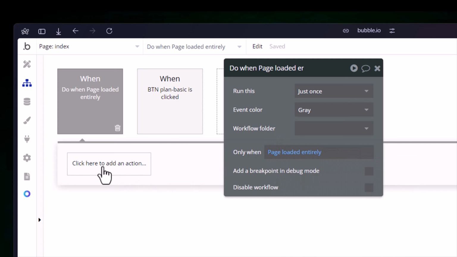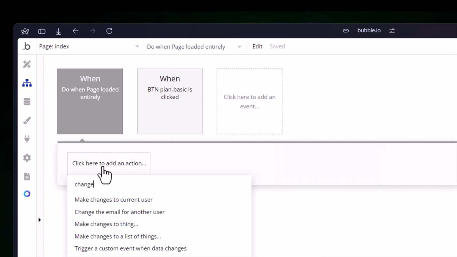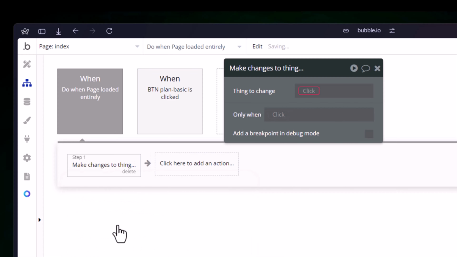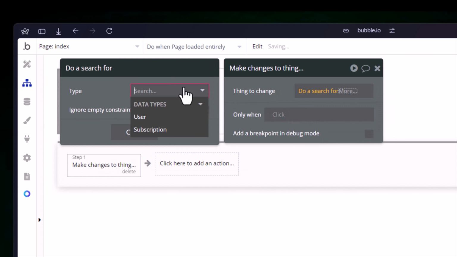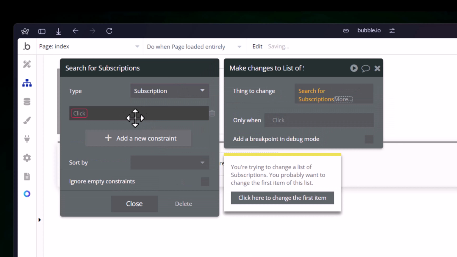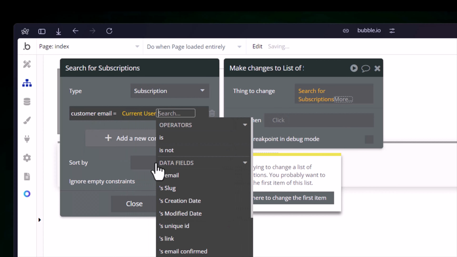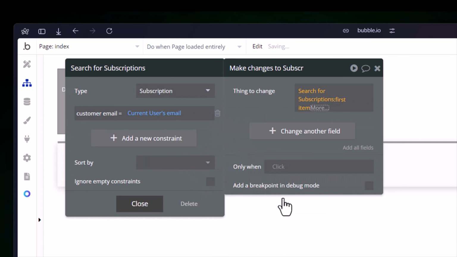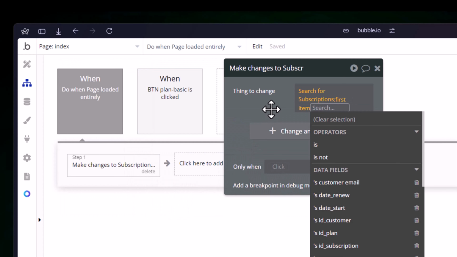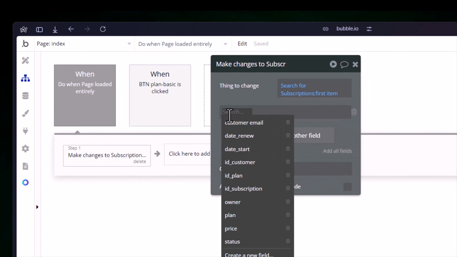Okay, I want to make change to a thing. Make change to a thing, and what I want to make change to is the user subscription. So that will be subscription where customer email is equal to current user email. Okay, first item, and the field I want to change specifically is